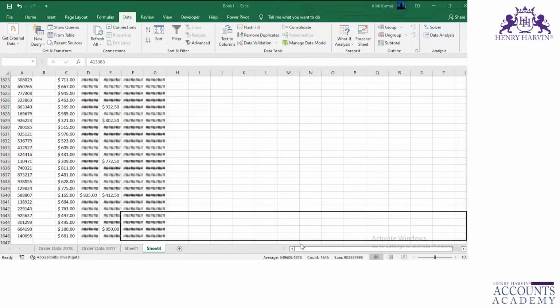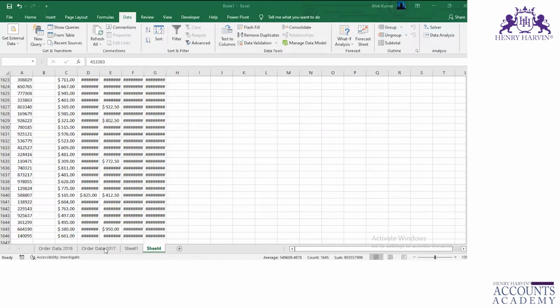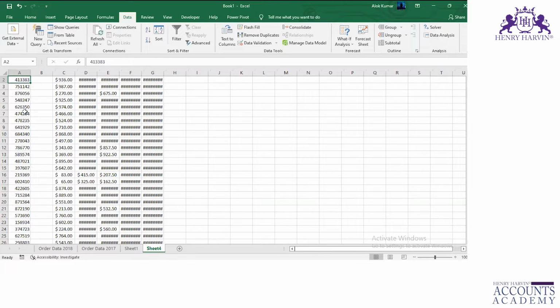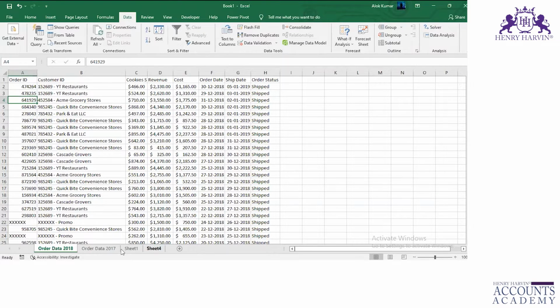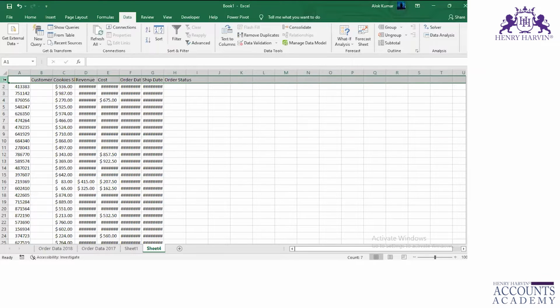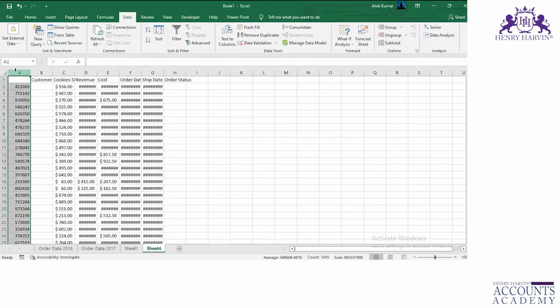The total is what? 1645 numbers. Why is it 1645 numbers? Just because you haven't given the command to add this first column. Remember, you have kept the first column as headers. It means, let's say this is the order ID, this is the student's roll number in section 1, and this is the student's roll number in section 2. Now you need to merge it, and you have provided a category that you neither need to add the names of the subjects, these are the parameters, nor the custom student IDs. So they have merged both of the cells, and now the total is